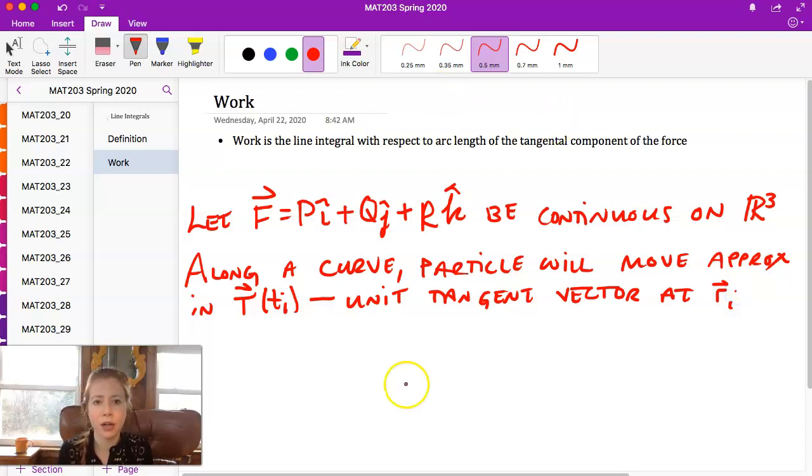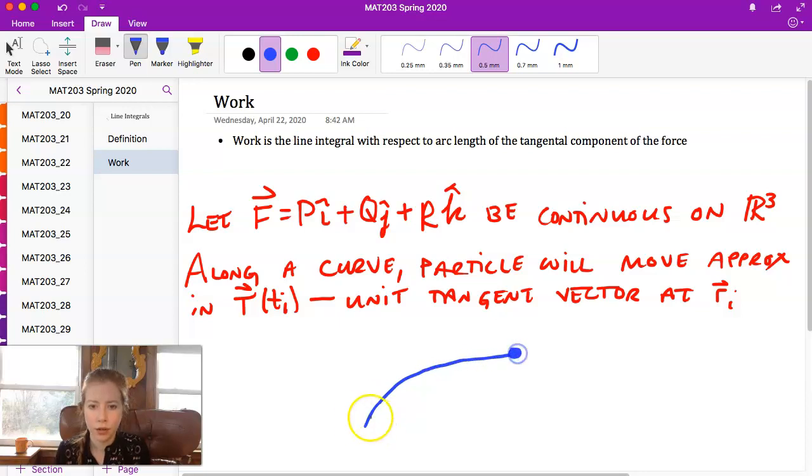So if we were looking at a curve and we have our initial position, r naught, and our final position, r n,